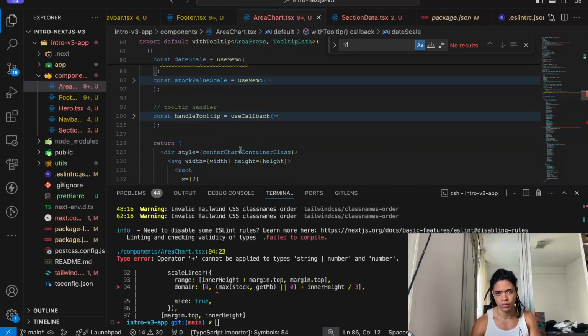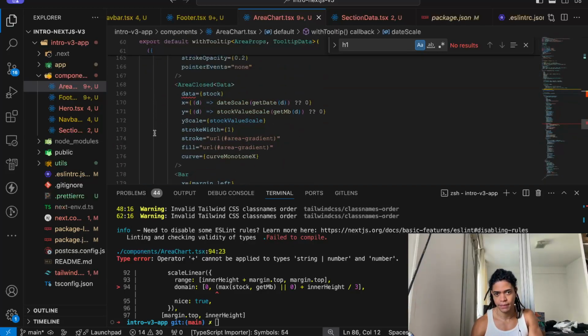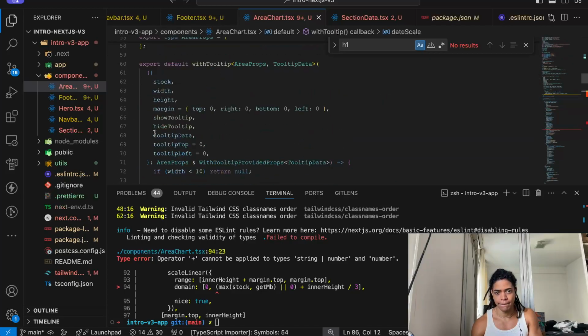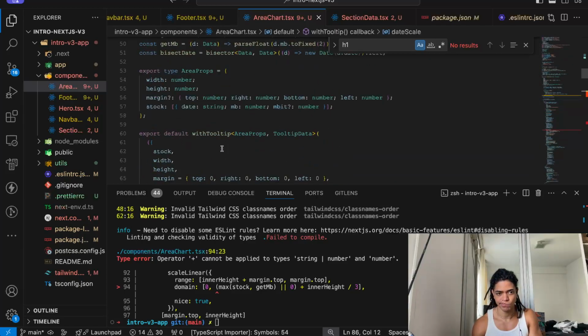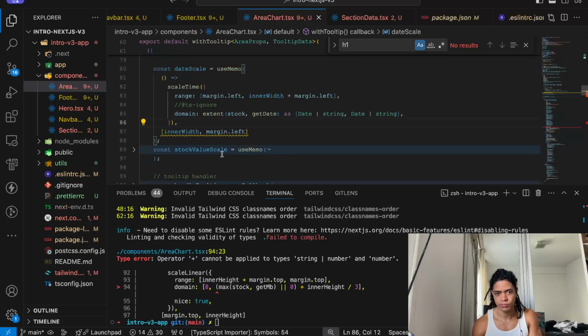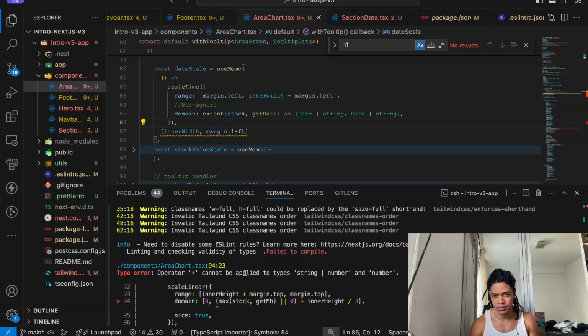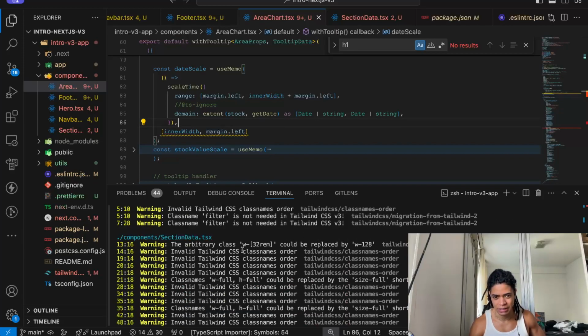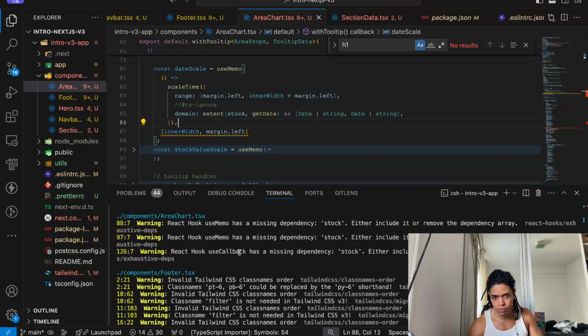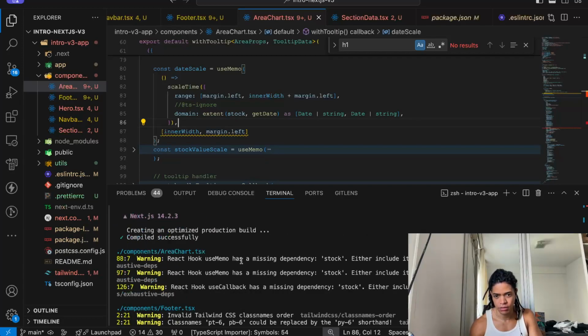The thing is funny because all of this comes from that. Let me do something here because TypeScript is being finicky about that.